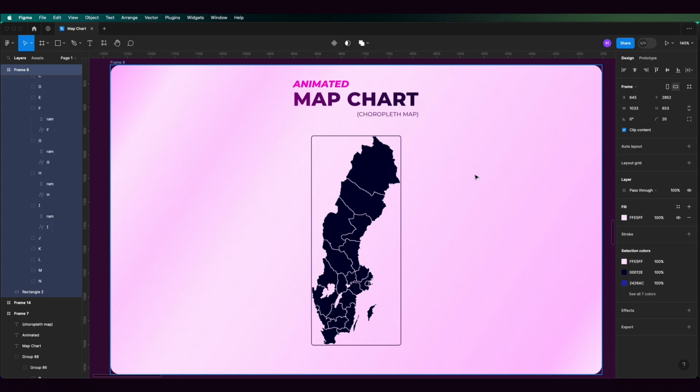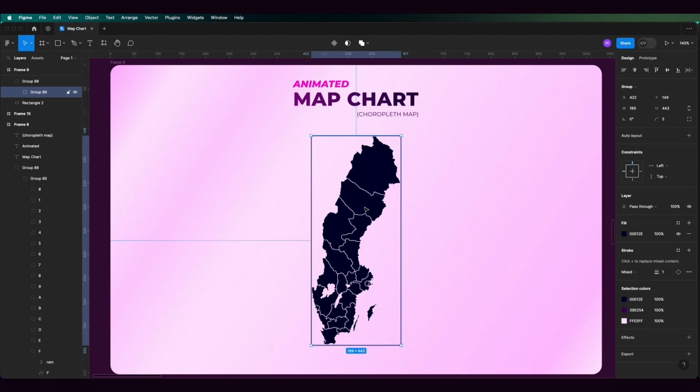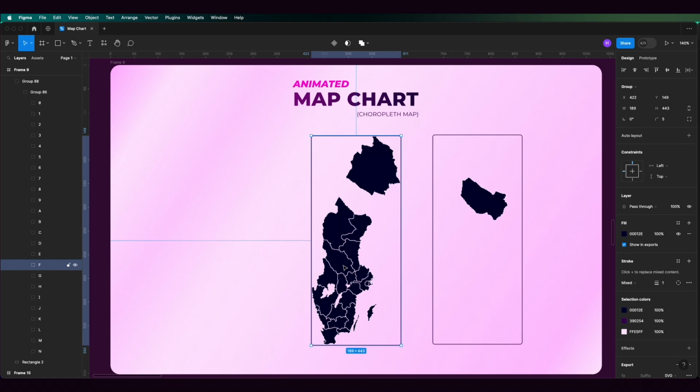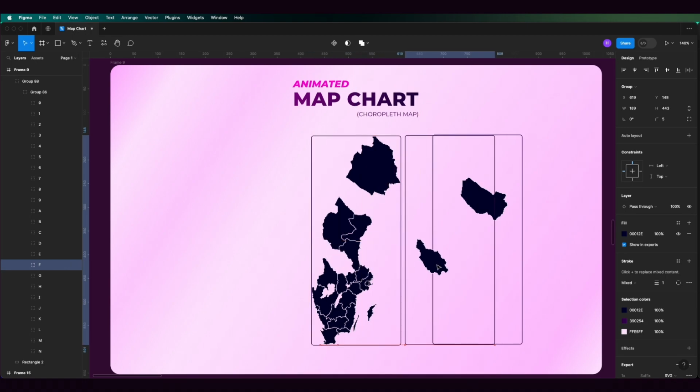So if we were to position them absolutely we would have to use percentages as the units, but it would still be quite tedious to do all the parts and specify the exact position. So my solution was that I added a frame for each region of the map, and I can show you what that looks like. So the trick is that all the regions have the same frame. So if I move a region out here and then another one, you can see that they have the same frame,